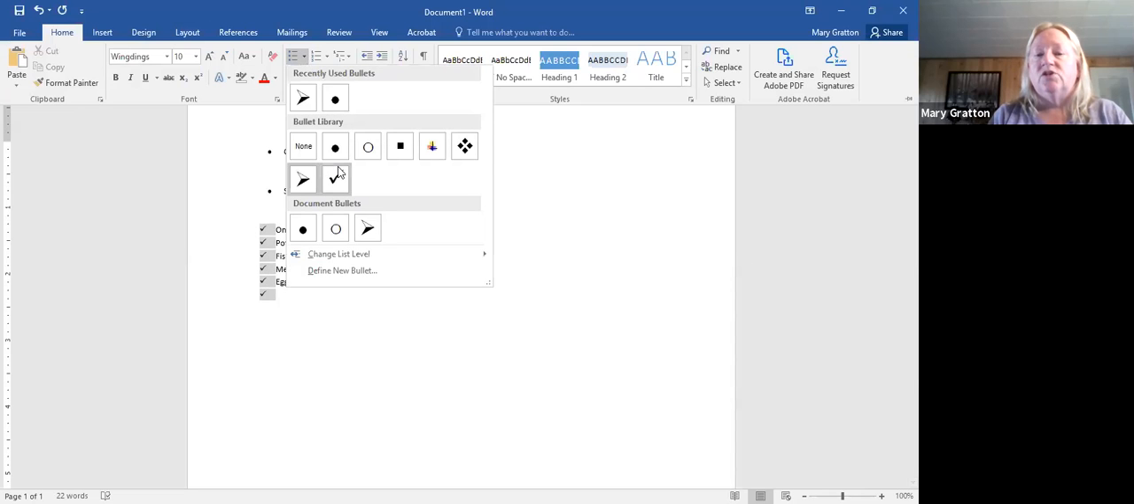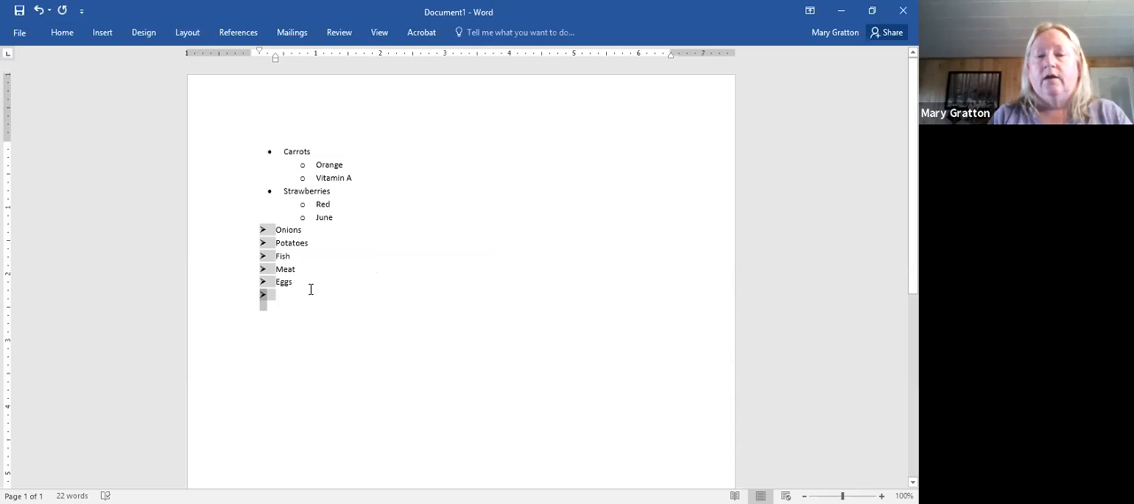And you can change the list level. You can define a new bullet. I click that on. I'm going to add a few more. Oops. No, I'm not going to add. Notice when I hit enter, I create one. If I go back up here behind eggs,